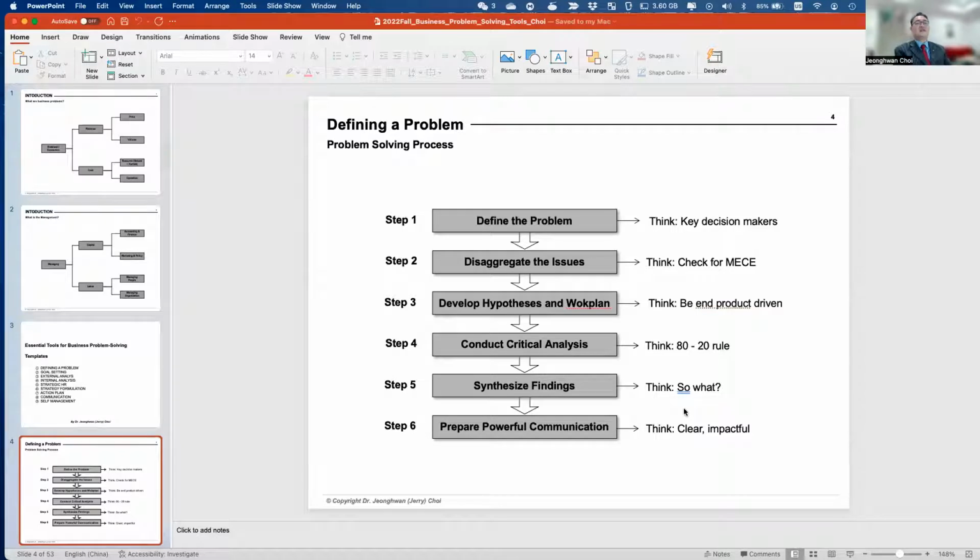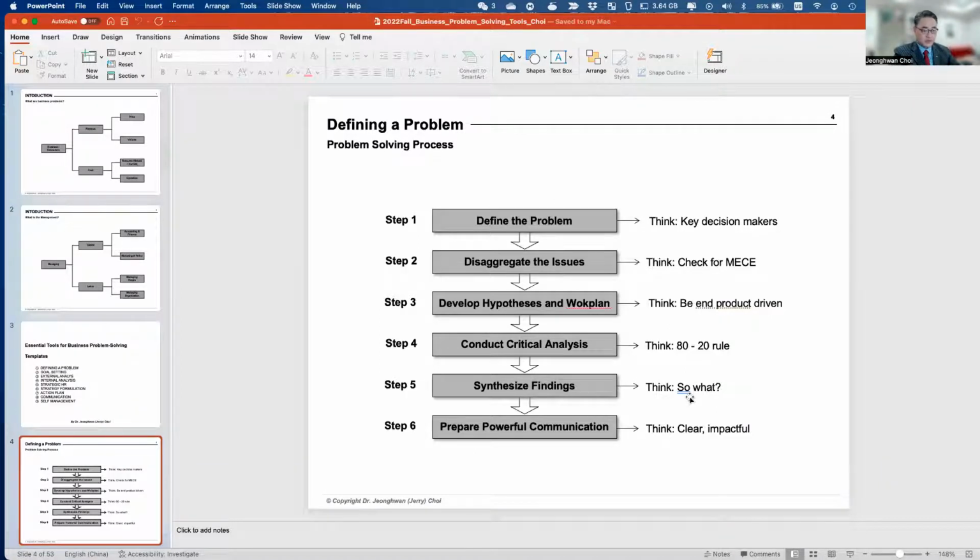Absolutely. If you can answer this simple question, the most provocative question, then we need to do the final thing as a business problem solver. If you are a key decision maker, you don't need to do step 6. But generally, we are not key decision makers; we are proposers, and we just bring the ideas and try to persuade our key decision maker. That is the reason why we need to